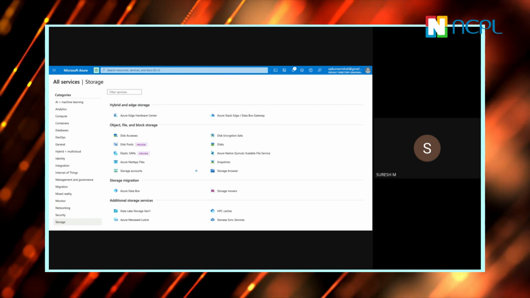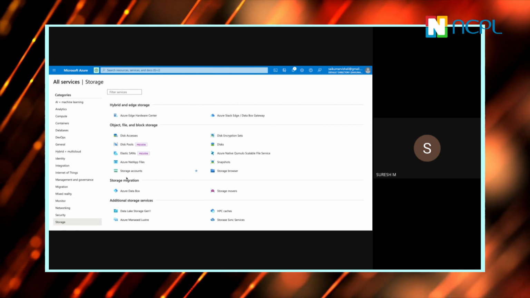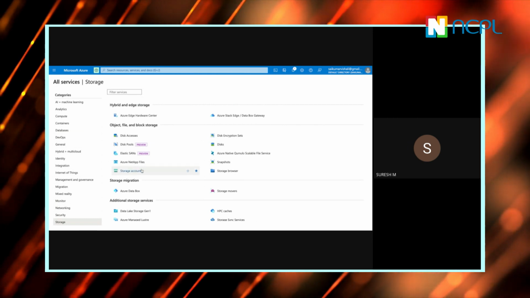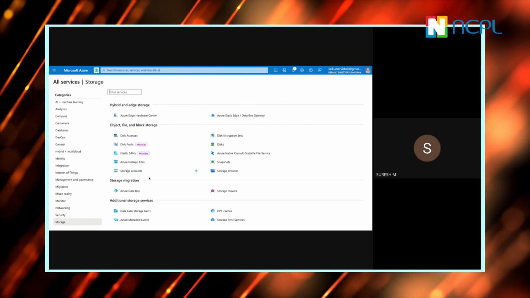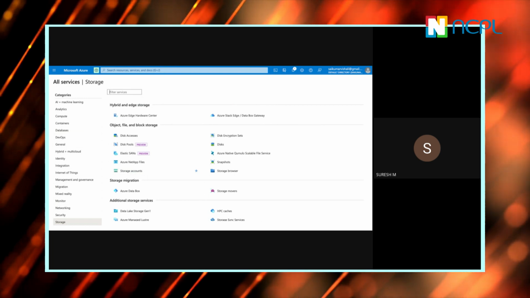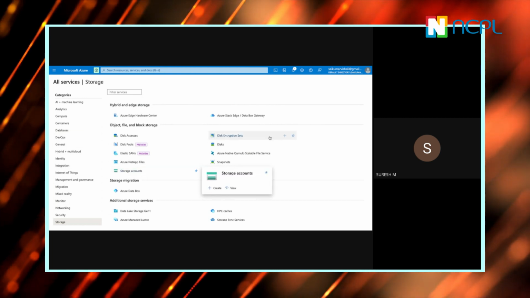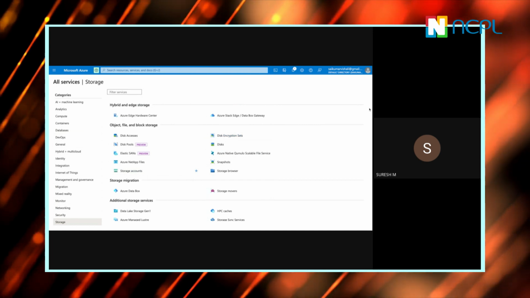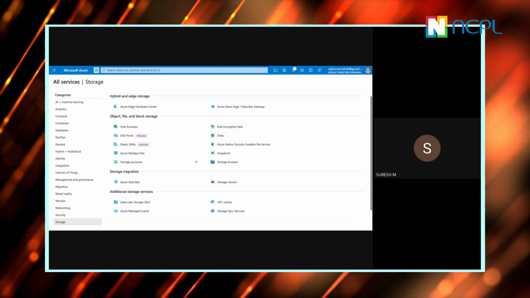If you see the first one, hybrid edge storage, object file block storage, storage migration, additional storage, we're not related to all those services. Maybe infra people will take care of it. Maybe some networking team will have it. If they have anything related to SAN or NetApp files, they'll take care of it.